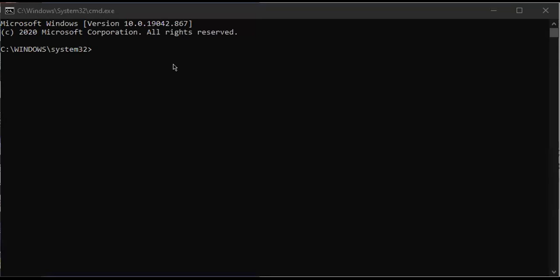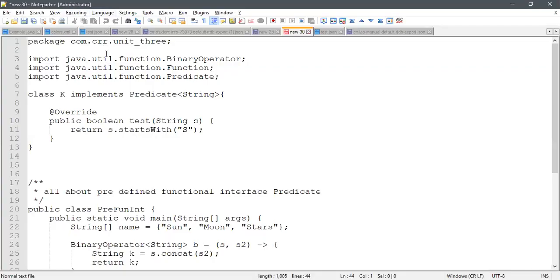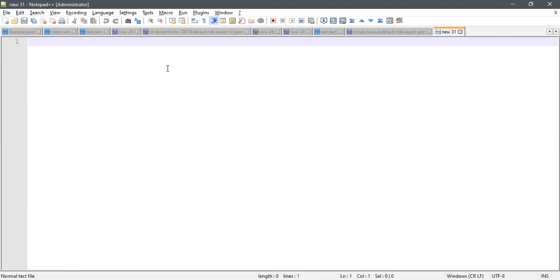Yeah, see over here, I'm going to create the program itself, I deleted that one. I'm going to create a program for that. See this. So here I'm creating a package.